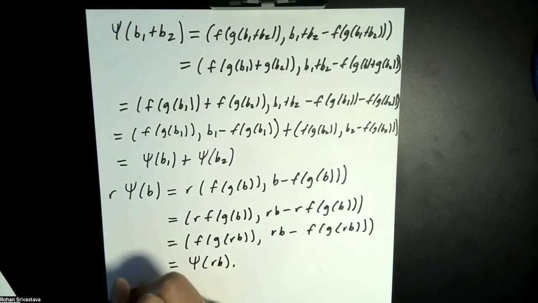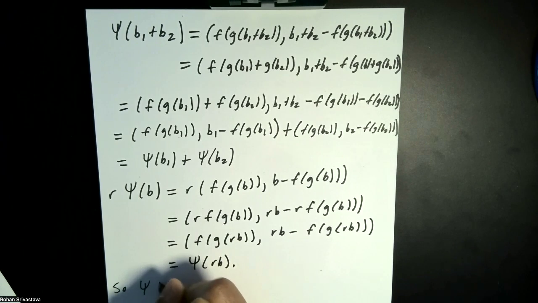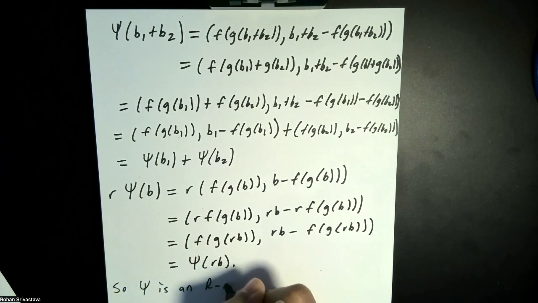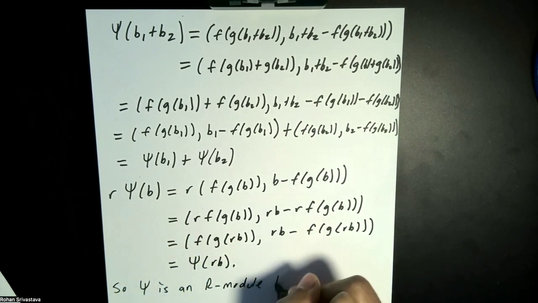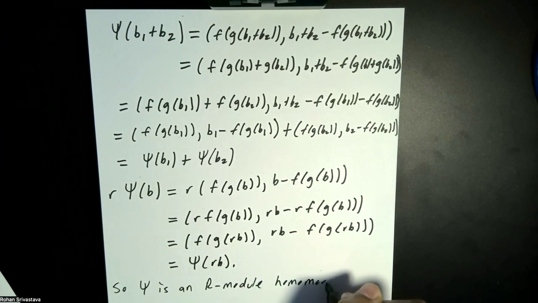Okay, so psi is an R-module homomorphism. Now let's check that it's a bijection. So let's do injective first. So suppose